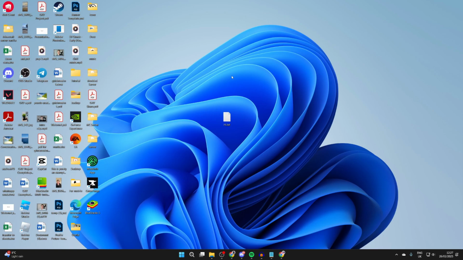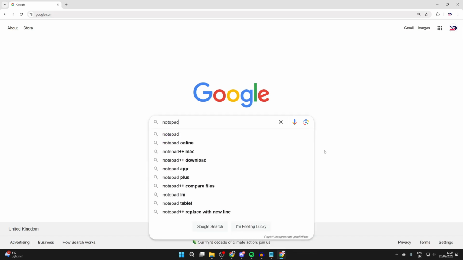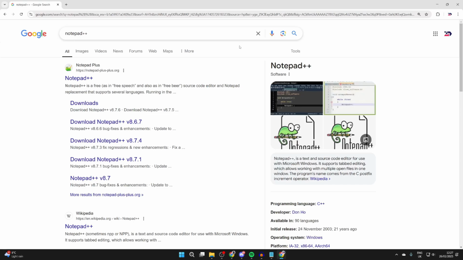Notepad++ is a great app, so we'll guide you through how you can go and get it and start using it. So to get started, open up a web browser of your choice. I use Chrome, but it doesn't matter. And then what we're going to do is type in Notepad++, like so, and search for it. We're going to go to the official site, which is